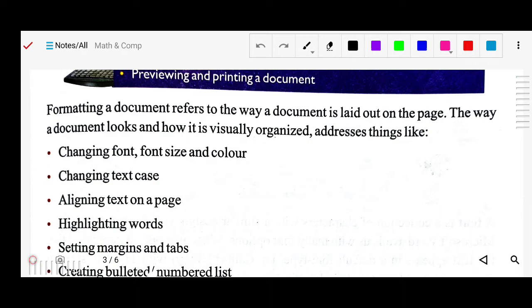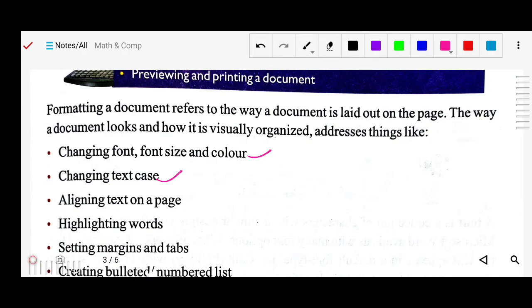Some points are: changing font size and color, changing text case. Text case means uppercase, lowercase. Alignment means the positioning of the text from the margin, where your text is in relation to the margin.